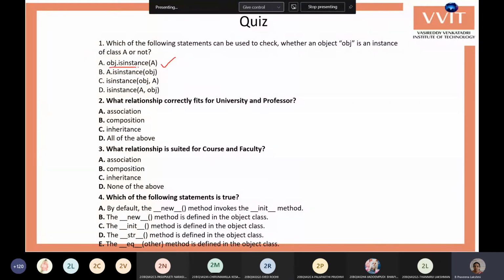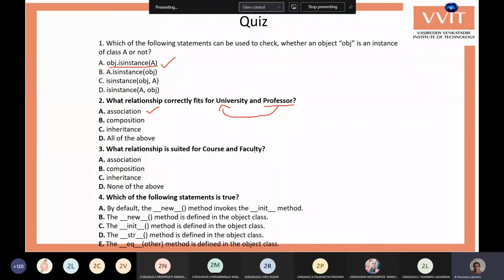If the first one is correct, what relationship correctly fits for university and professor? That is, professor is associated with university. This is the association.